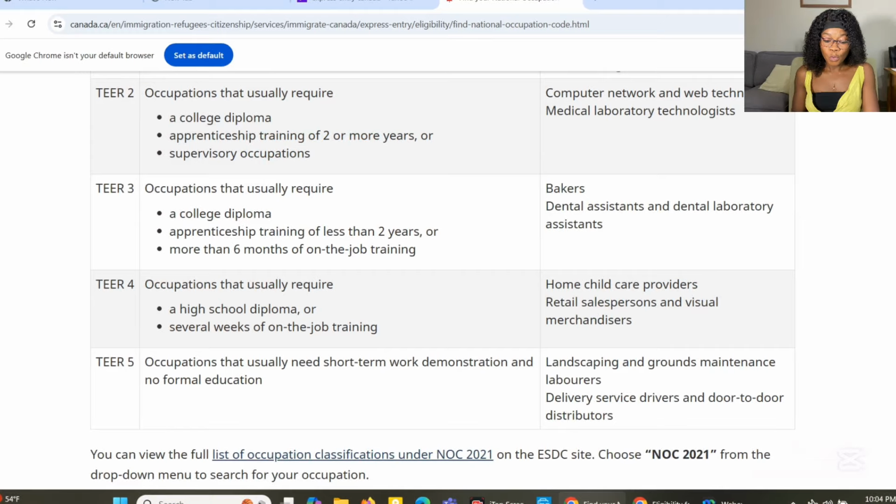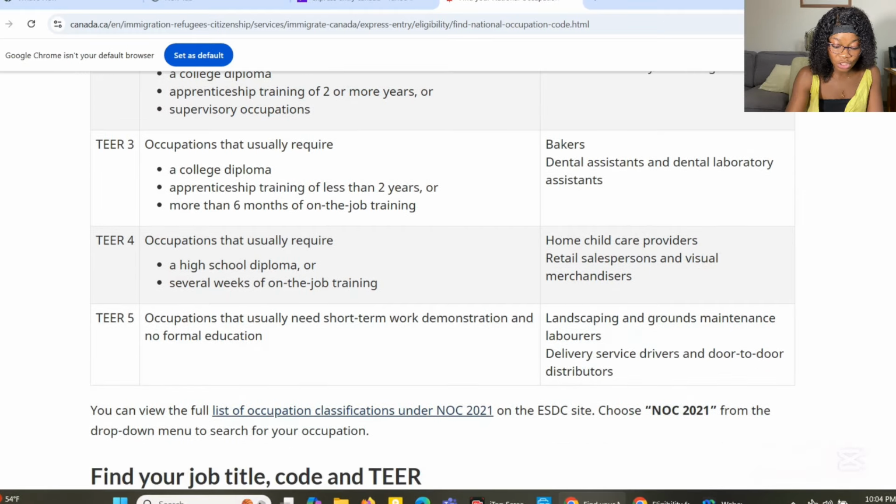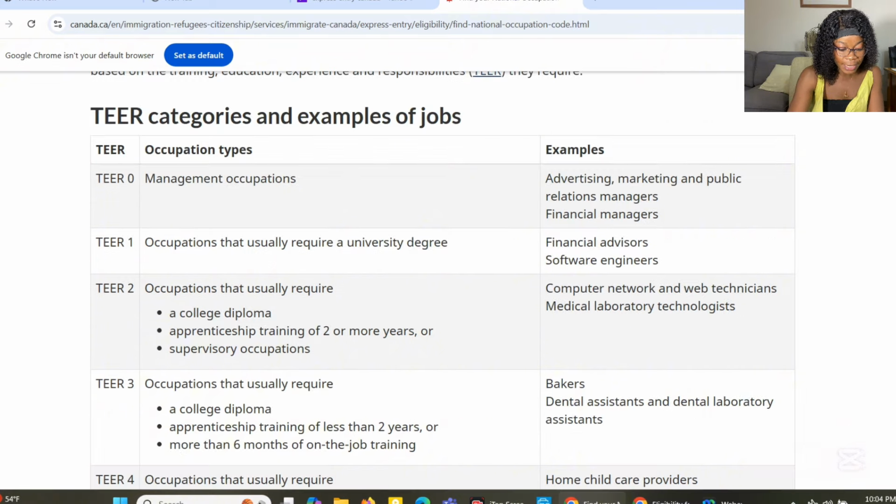Okay, all those things are not counted as the hours for the work experience. So let me just show you how you can deal with the TSO. We move to the next requirement. So what you have to consider doing to check your NOC code is you go here, NOC classification, then your